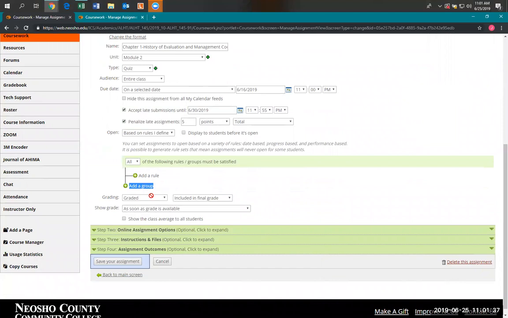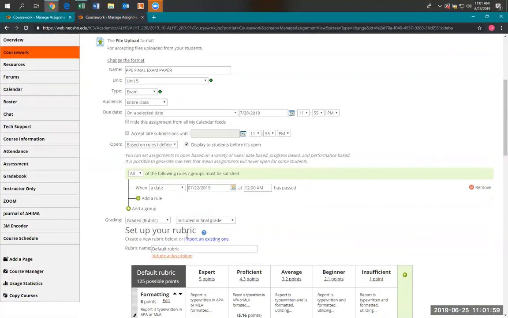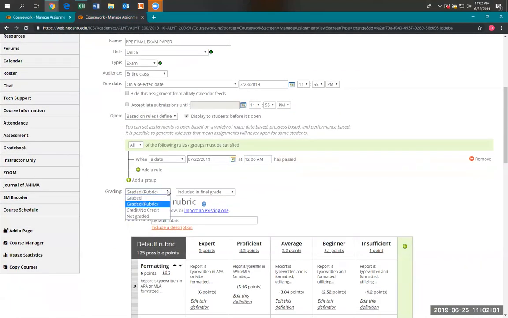So that can be done here, graded and included in final grade. There are options for extra credit. I do that, for instance, if I'm giving extra credit for students to attend Kahima, but those are kind of the exception. What I will touch on here with the graded is, for example, in this case, this particular assignment